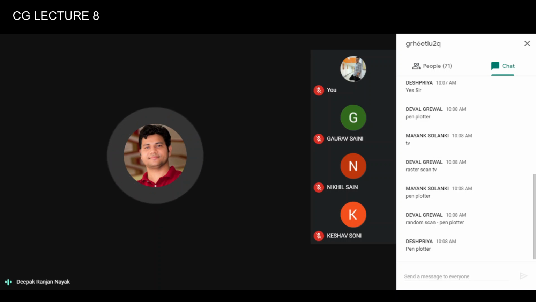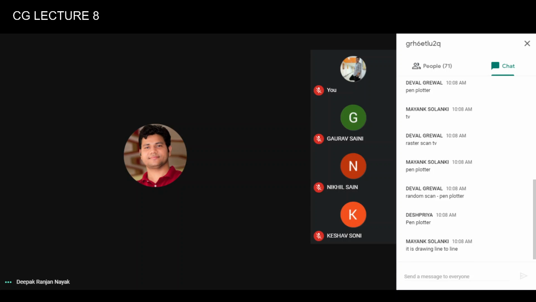Is it drawing the objects with the help of the pixels in random scan display systems? Yeah, it is drawing line to line. On the whole screen or on the part of the screen?